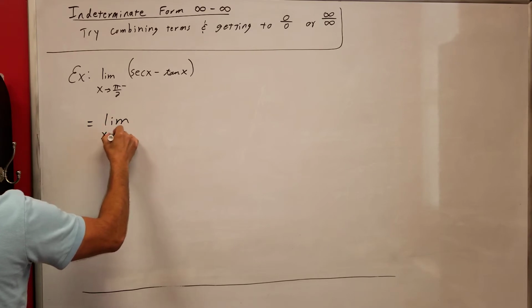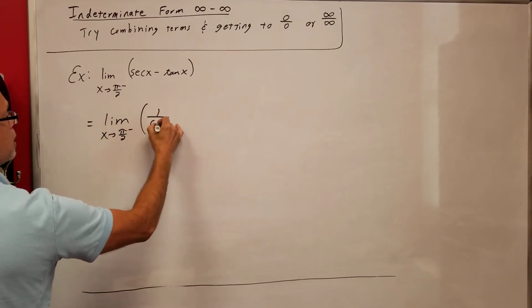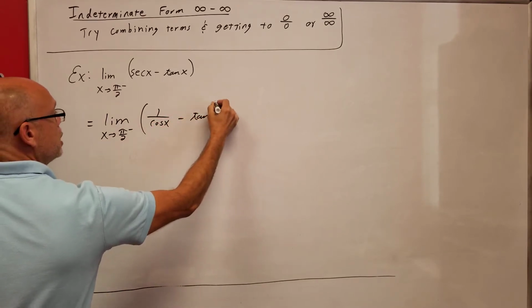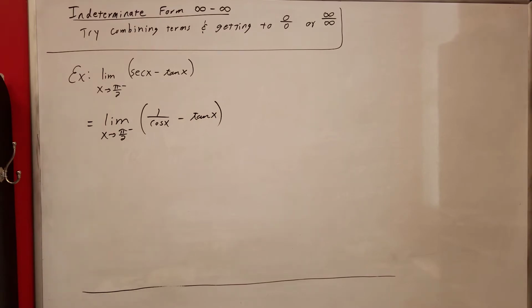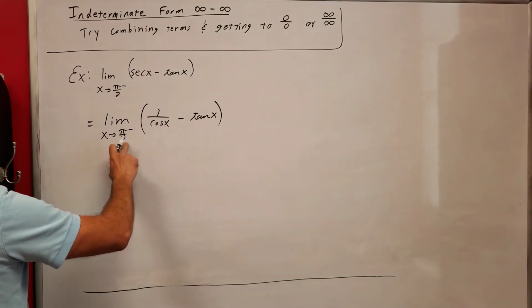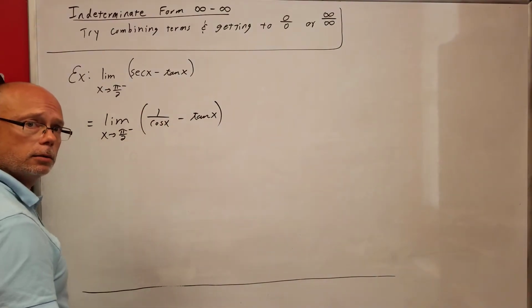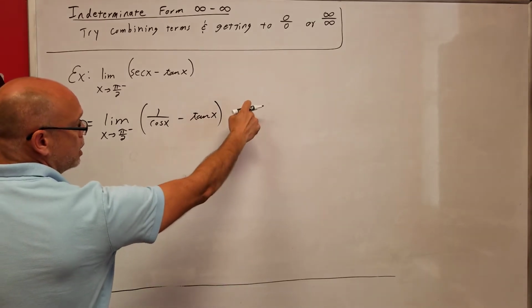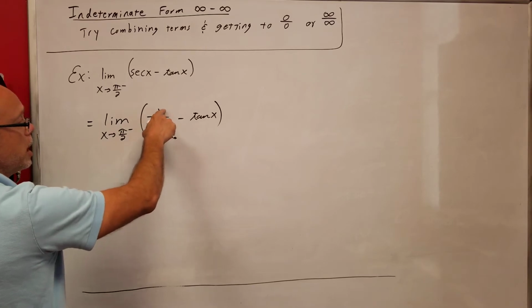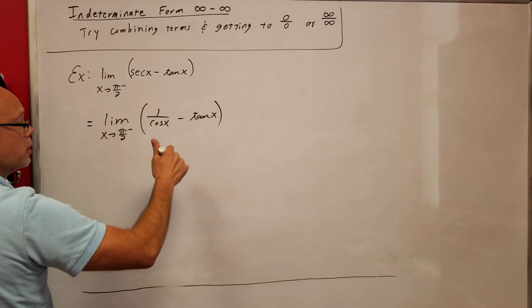Let's say this is the limit as x approaches pi over 2 from the left of 1 over the cosine minus the tangent. All right, let's see what kind of form I have right here, okay? As x goes to pi over 2, what does the cosine go to? Think about your unit circle. Your cosine up here is what? 0. So if the top stays fixed and the bottom goes to 0, this whole part right here goes to